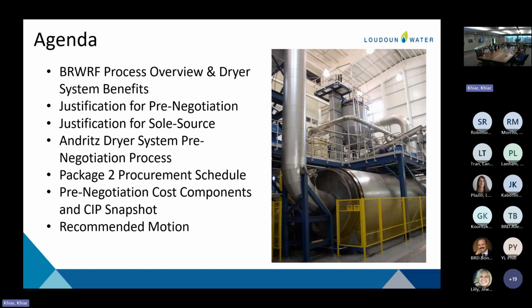We'll talk about the Andritz dryer system pre-negotiation process. Andritz, by the way, is the company whose product we are selecting here. And then we'll go through the package 2 procurement schedule. We'll also talk about the cost components relative to the CIP, and then get to our recommended motion.